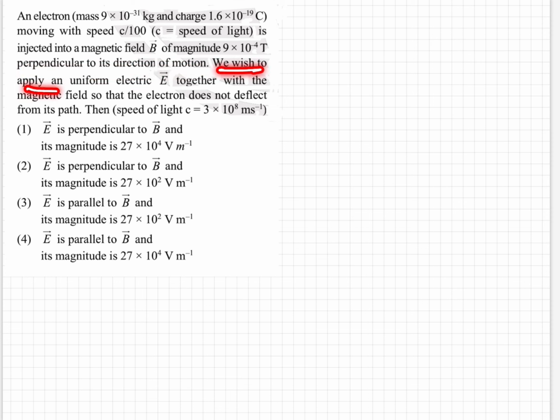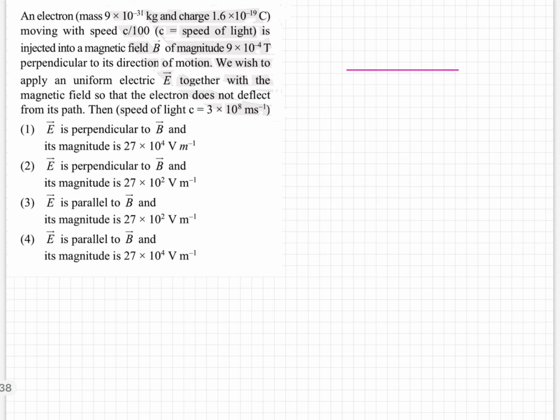We wish to apply a uniform electric field together with the magnetic field so that the electron does not deflect from its path. So if the electron is moving in this direction and the path of the electron is not deviated, it means the net force acting on this electron must be zero. Fine. So there are two forces applied on this electron. One is the force due to the magnetic field